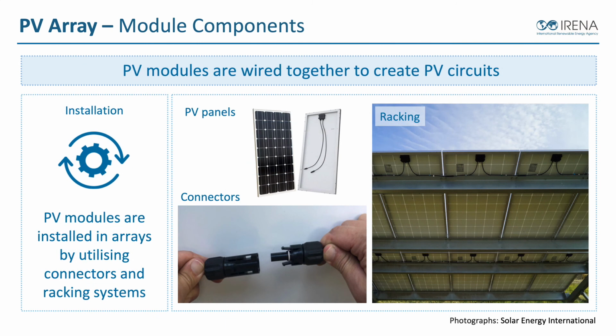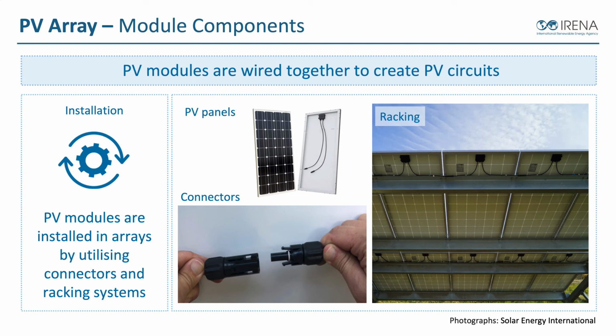Now, we were talking about cells. Let's talk a little bit and look at the modules themselves. PV modules are wired together to create what we call a PV circuit. And so there's a number of different physical attributes to a PV module or a PV panel. Most of them in the market have a glass front. So it's glass on the front, it's cells in the middle, and then it's going to have a back,